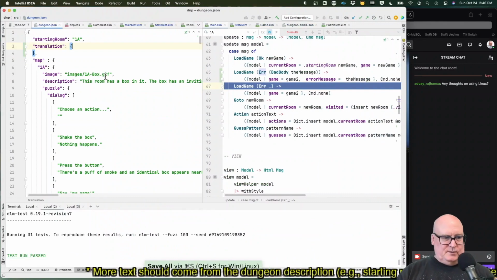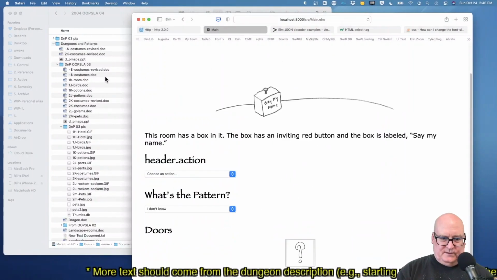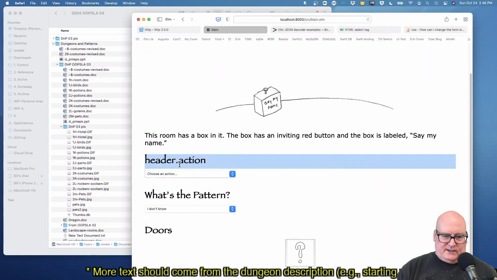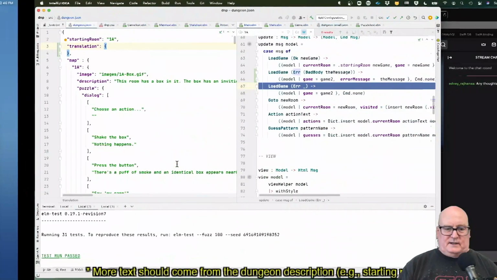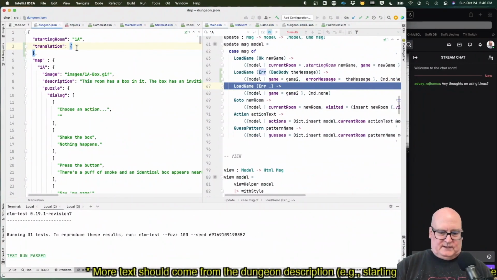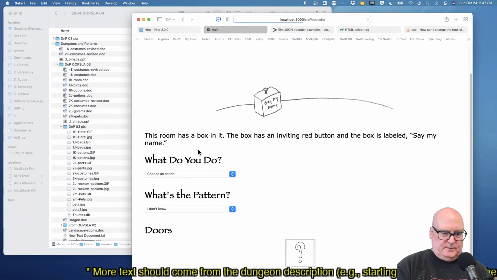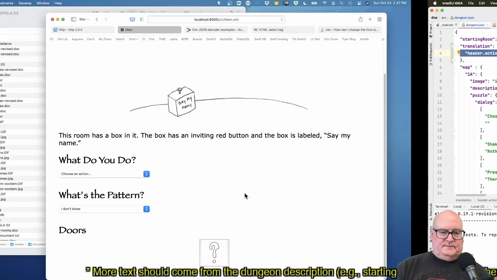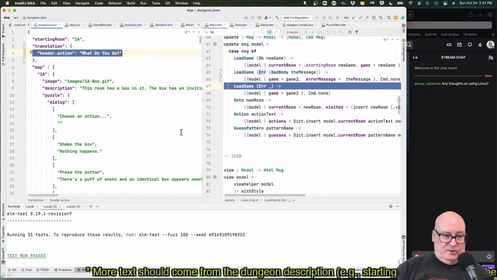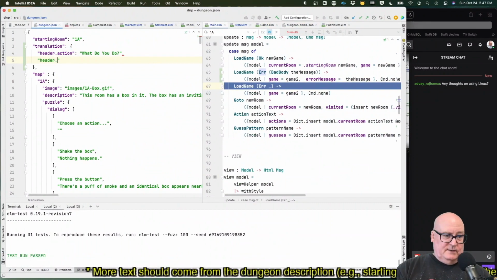Okay, so with this one, let's reload. Notice header.action. Okay, so that tells us we should translate that. Header.action: what do you do? What do you do? All right, what's the pattern and doors? Okay, so this is header.answer, is what's the pattern?